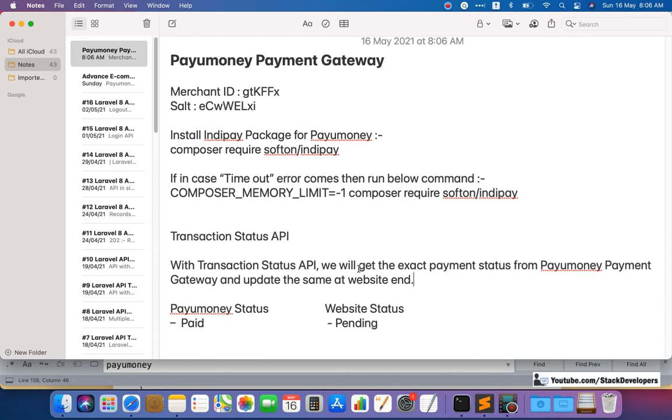Okay, it is clear. So see, if the status is paid, then we are going to update the status from pending to paid. Okay, this is one scenario.